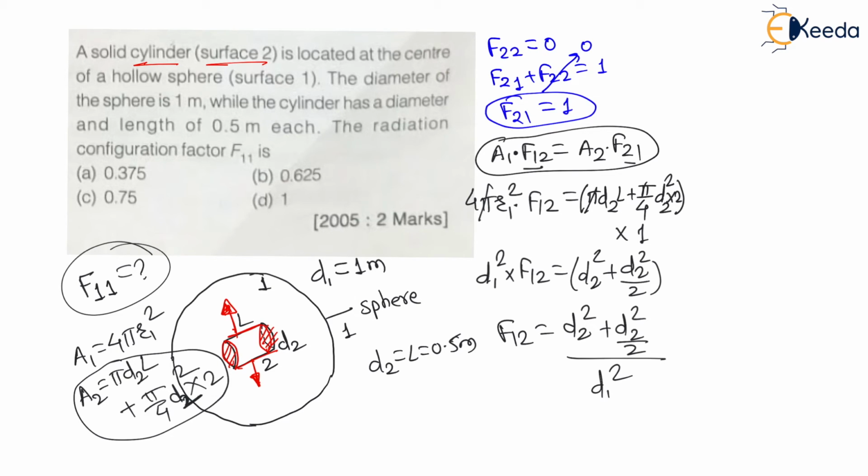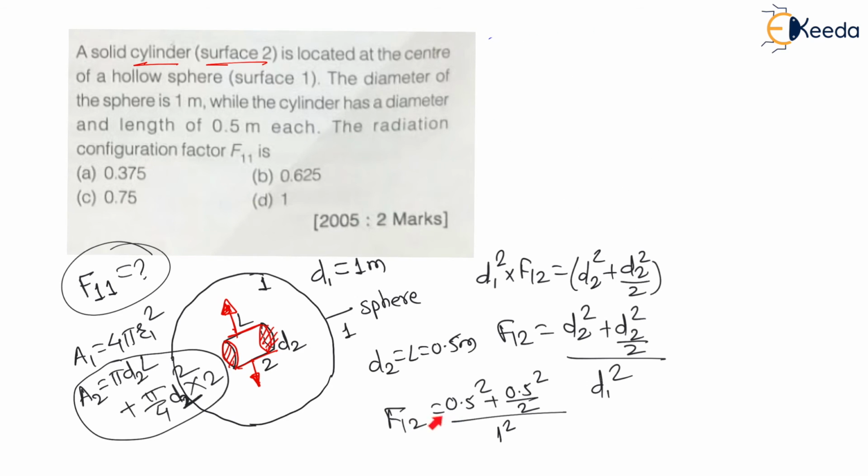Now we have the values of d1 and d2. d1 is 1 meter and d2 is 0.5 meter. So you will get F12 equal to 0.5 square plus 0.5 square divided by 2, complete divided by 1 square. Let us simplify this F12. The view factor of 1 with respect to 2 is equal to